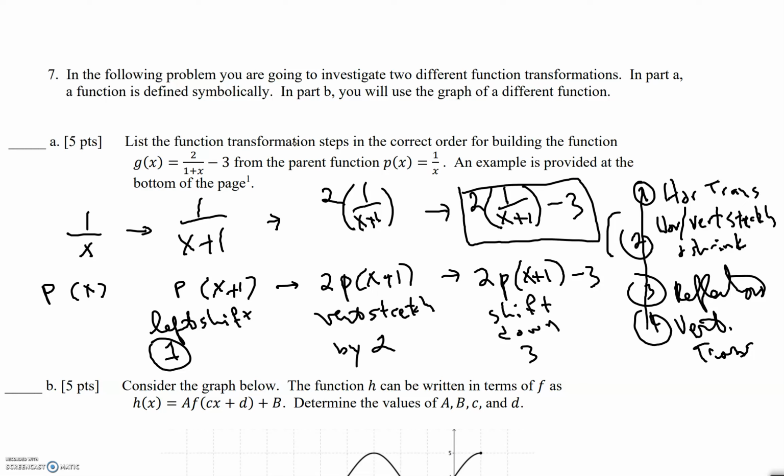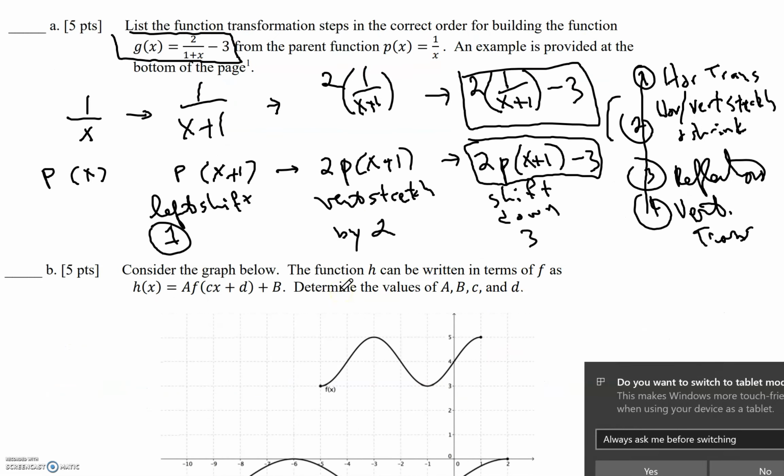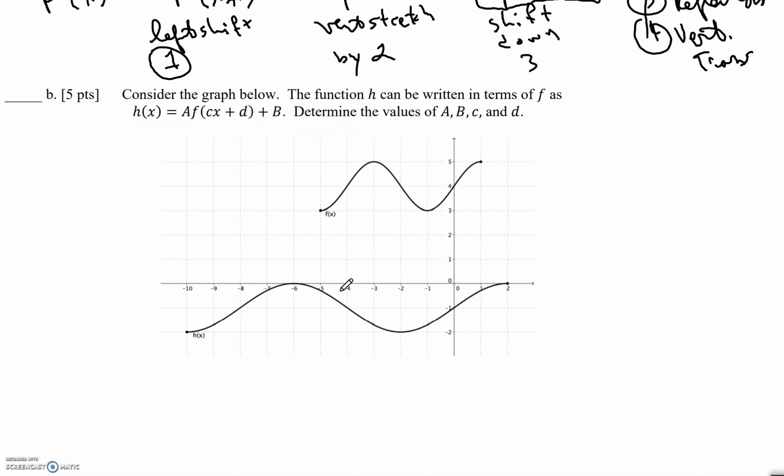And that's the final product, g of x. So the actual final version would be g of x equals 2P of x plus 1 minus 3, like that. And then I've got my actual graph changes written beneath there. Okay, cool. So let's move on to part B,